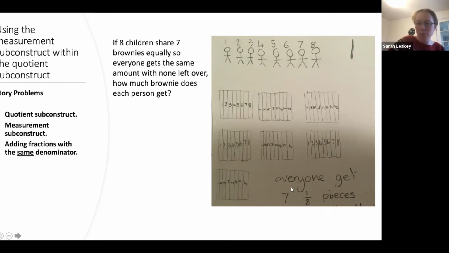And you can see this measurement subconstruct coming into play within these quotient subconstruct examples, these equal sharing problems. So 8 children share 7. You can see the pupil divided each one up, and now he's saying that everyone gets 7 1/8 pieces. So one here, one here, one here, and so on. So one person's share is 7 1/8 pieces. This pupil didn't use this notation here, but as I said, it tends to come quite naturally out of this. And it's easy for pupils to make sense of in this context in terms of adding unit fractions and then applying this to